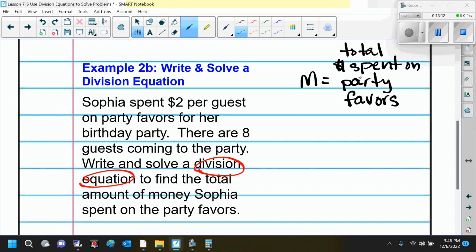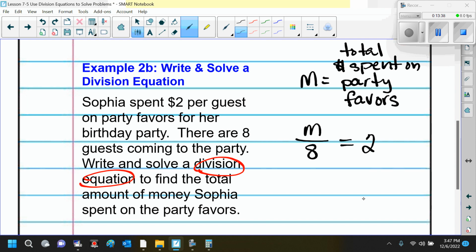If I split that total amount with each of those 8 guests, then each of them gets the $2 amount on their party favors. So here, the equation that we're going to write is the total amount divided by how many guests we have, and that's going to be equal to the $2 that she spent on each of the